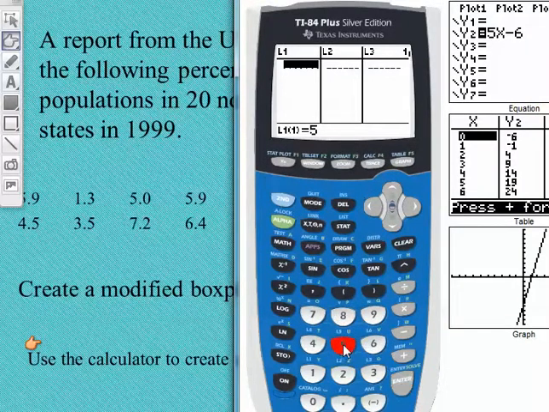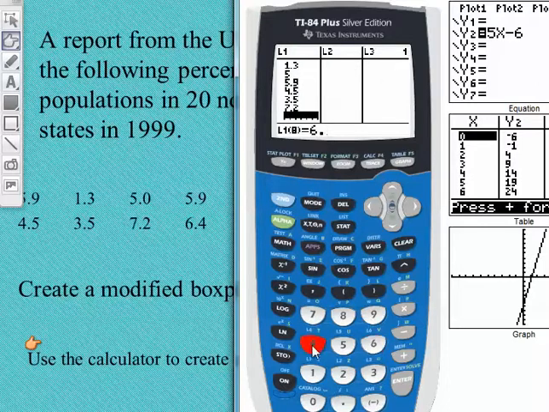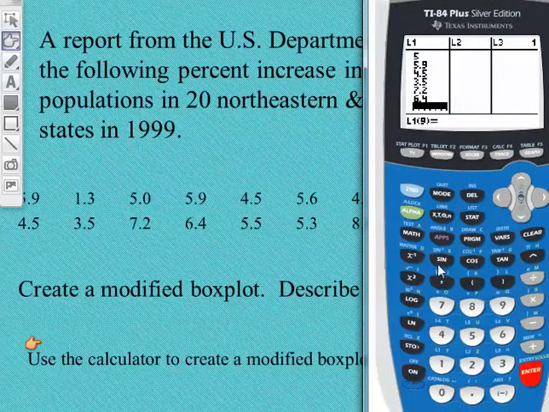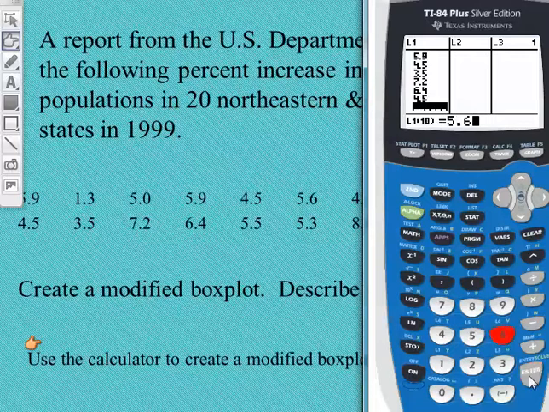Okay? So here I go. 5.9, enter. 1.3, enter, 5, enter, 5.9, enter, 4.5, enter, 3.5, enter, 7.2, enter, 6.4, enter, and I need to move over a little bit, get a couple more in here. 4.5, enter, 5.6, enter, 5.5, enter,